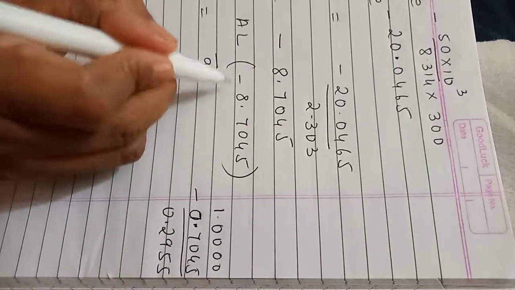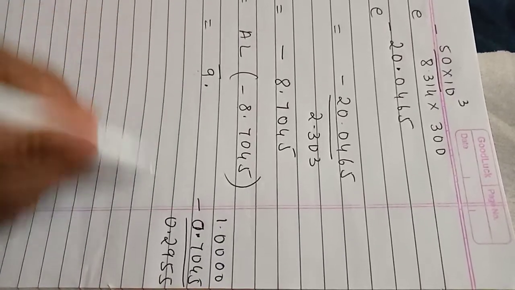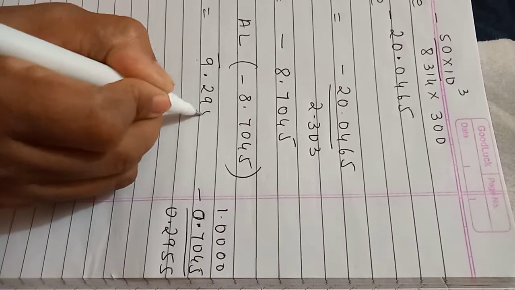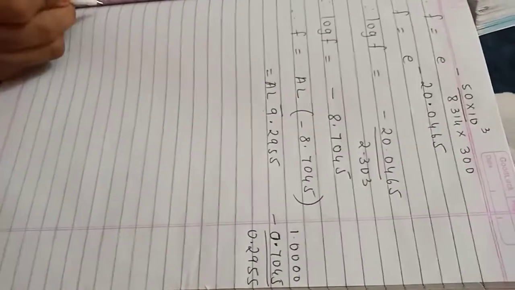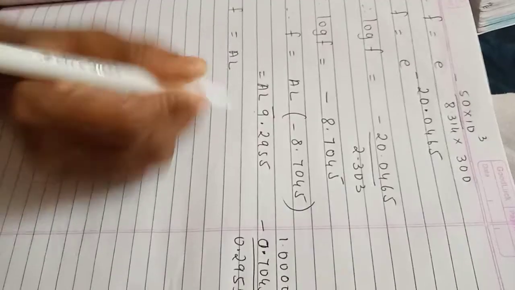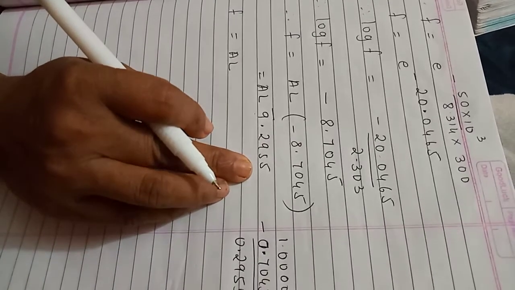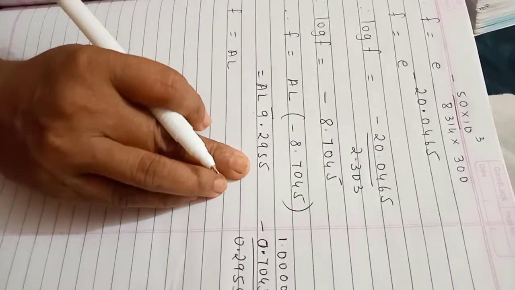Subtract 1 from this: bar minus 8 minus 1. My bar 9 is written, and this is 29.55. Understood? Anti-log. Now what to do? Modifications. Therefore, anti-log of the mantissa part, we need to look up the anti-log of 29.55, which comes out to be